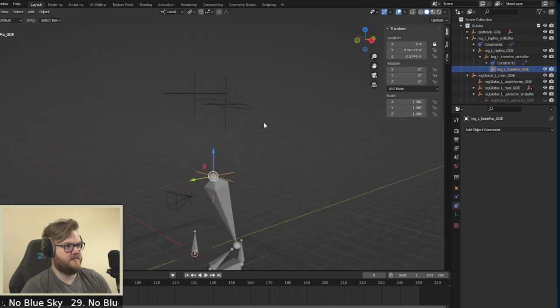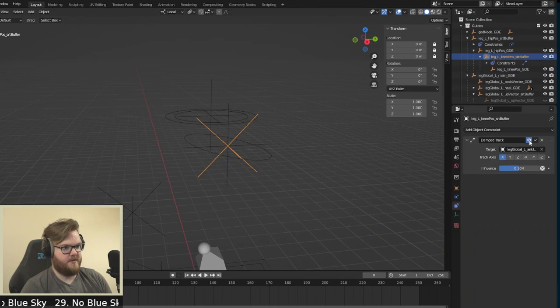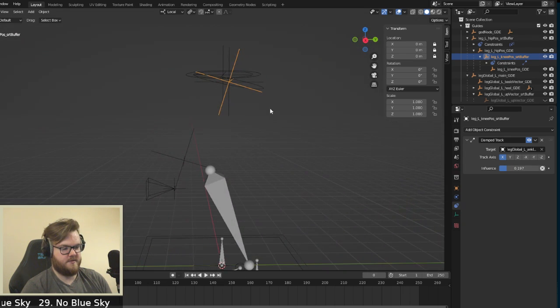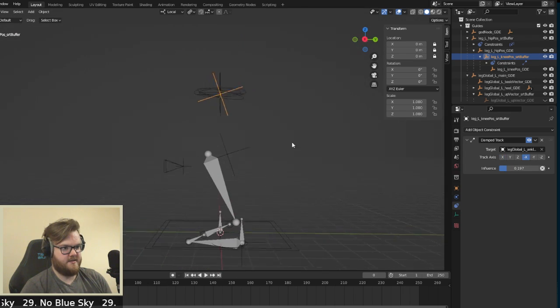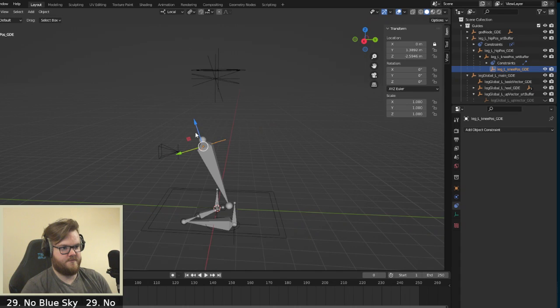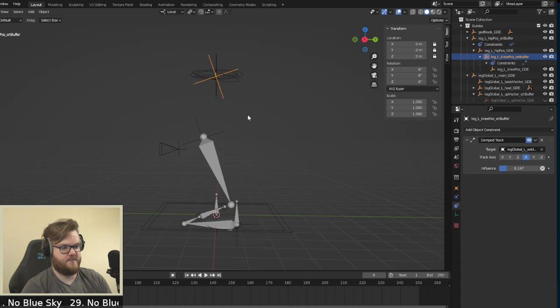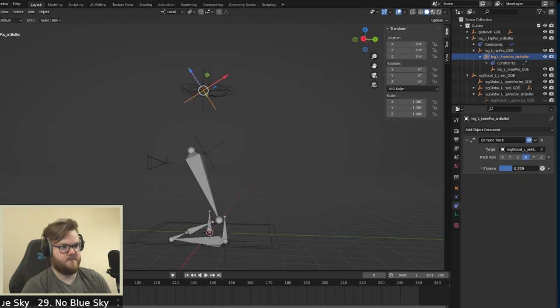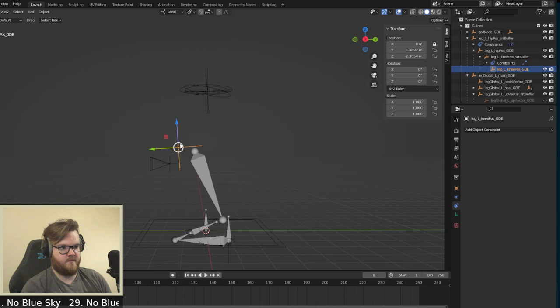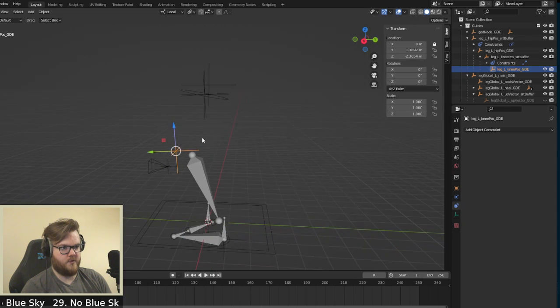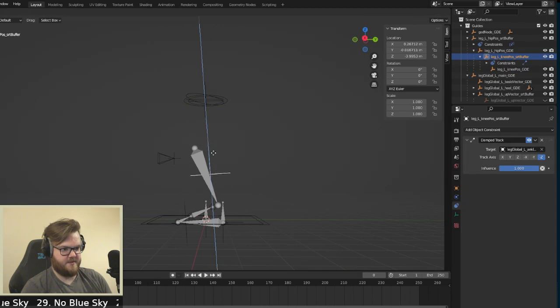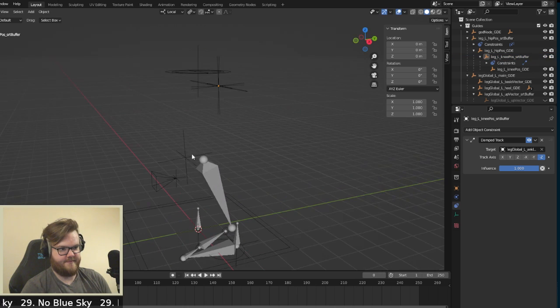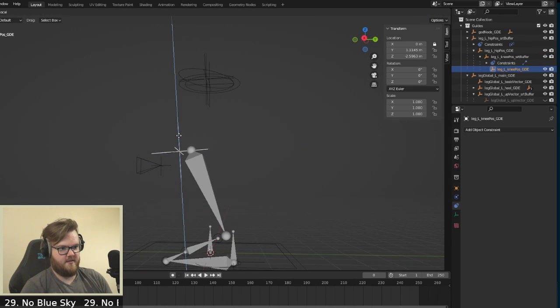Yeah, so we just don't want X. Okay. So we do want that back up. We want super low. We want minus X. Okay, so that's what I want, I think. For example, if I push that all the way back, there we go. Yep. And if I do this,